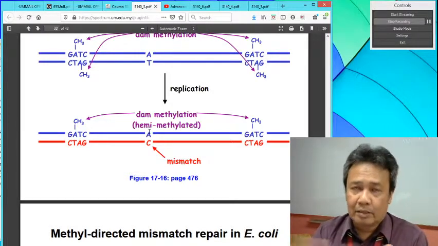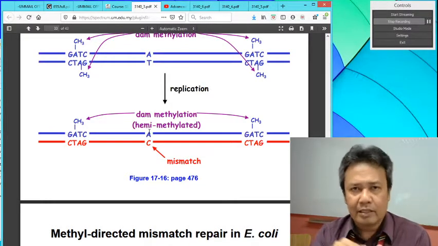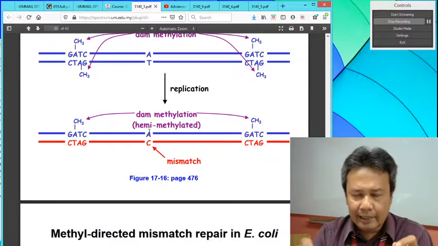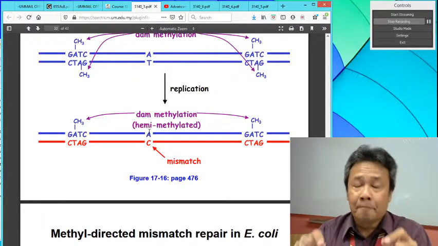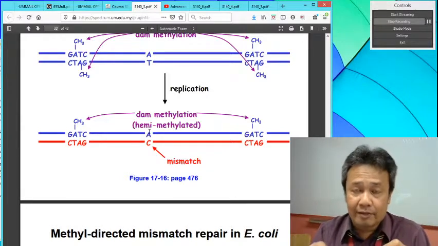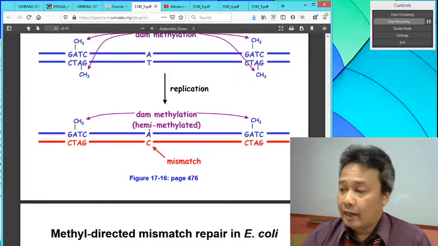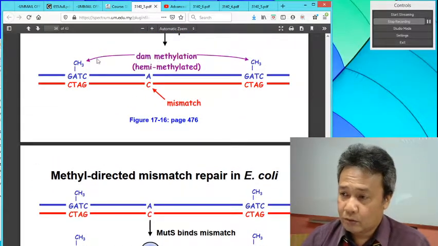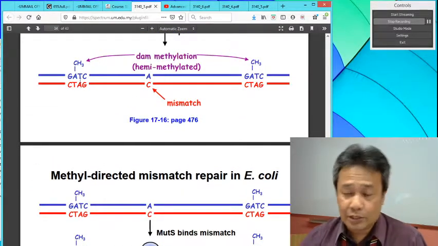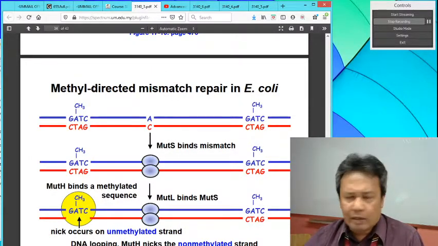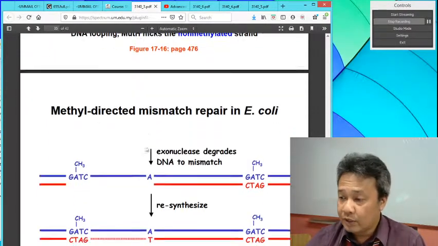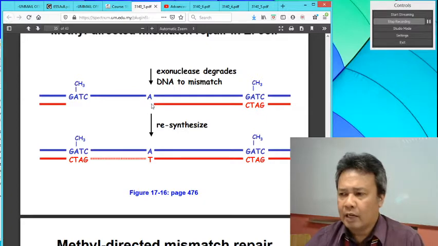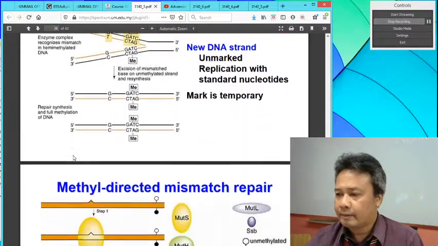So if there is a system that detects a mutation between, in this case, A and C, it will look at which strand contains the methyl groups, and that strand will be the original strand and will not be repaired. The ones that do not have the methyl groups is the new strand, and this is what gets repaired. Once the system recognizes the GATC sequences, it recruits several proteins and binds to the region of the problem and then removes, and again similarly it will remove chunks of DNA and then resynthesize and then reseal the gap. Okay,